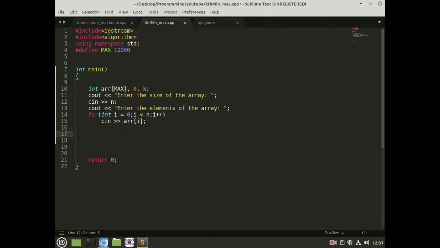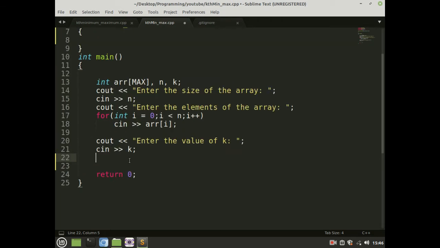Now we have to find the kth smallest or kth largest, right? So let's take the value of k from the user. Tell the user to enter the value of k, and save it inside k. Okay, we are done with all the inputs, right? So now let's start the real implementation.